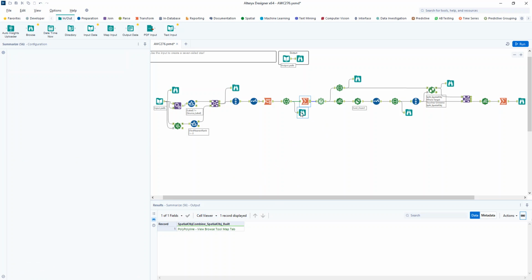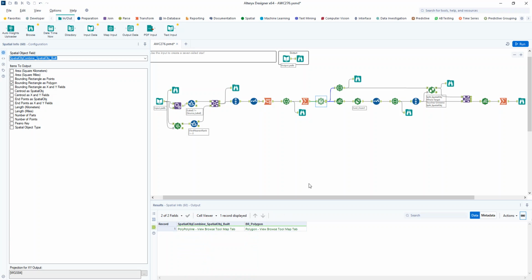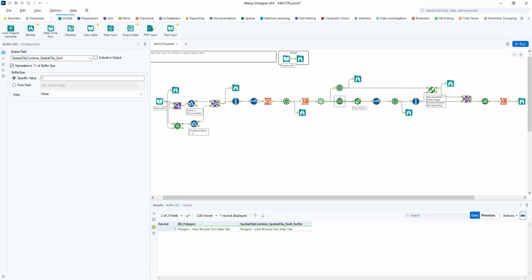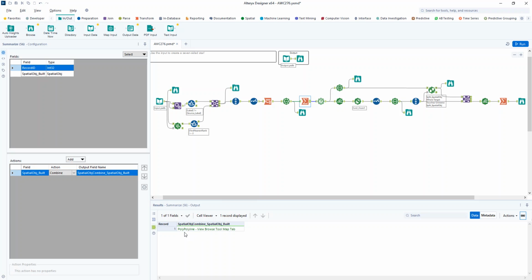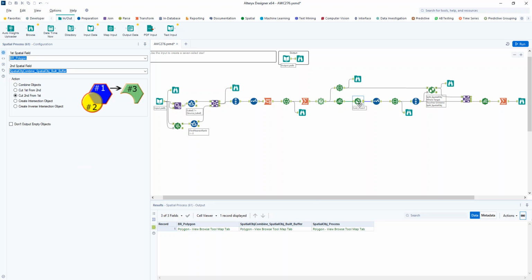Okay, so I thought, I've got this shape. How do I get the area filled in within this shape? I thought, I'll use a Spatial Info tool just to get the bounding rectangle polygon, so that basically puts a rectangle around my star shape. Then I use the Buffer tool to buffer out my lines a little bit and make them into polygons, so you can see now that this is a polygon rather than a polyline. So now it's 2 polygons, and I use the Spatial Process tool to cut out that star shape